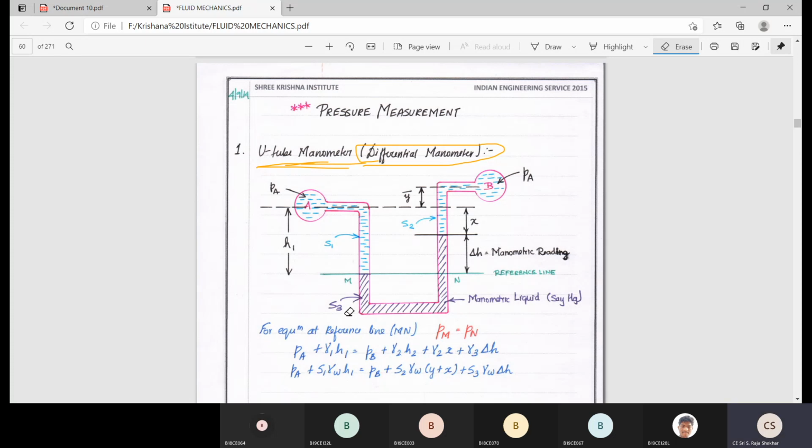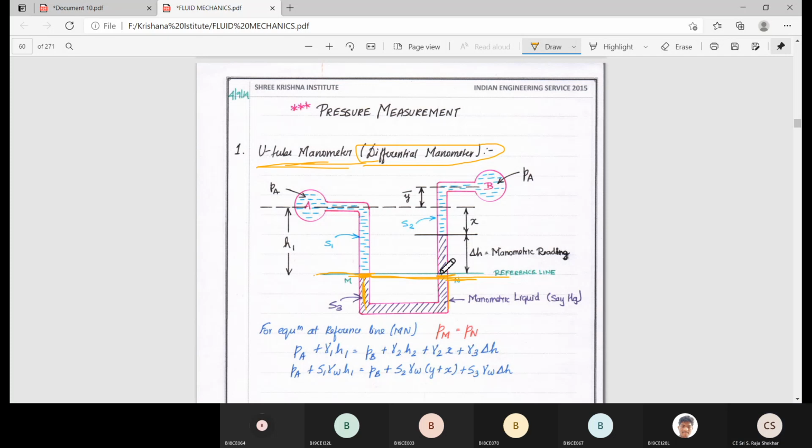Right, how to calculate the pressure difference? Take a reference line in such a way that, anywhere, I can take the section here, because up to here there is mercury surface, and here there is water surface, and here there is mercury. So whatever pressure is available here, the same pressure will also come here, because the height here is all mercury and this height is also mercury. So the pressure at both sections is the same. At this M point and N point, the pressure will be the same.